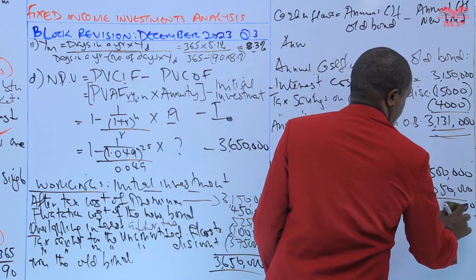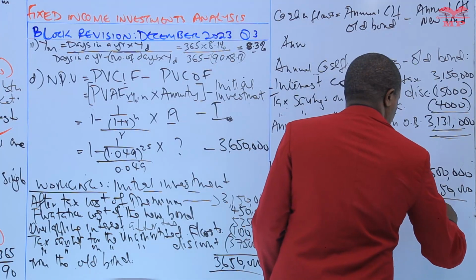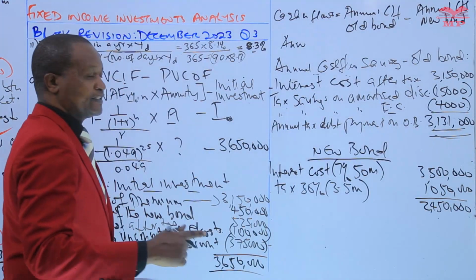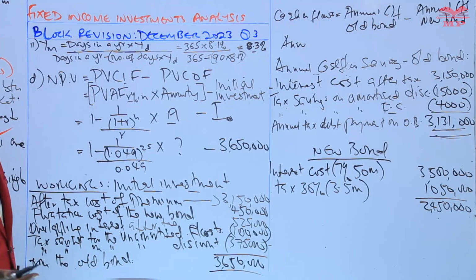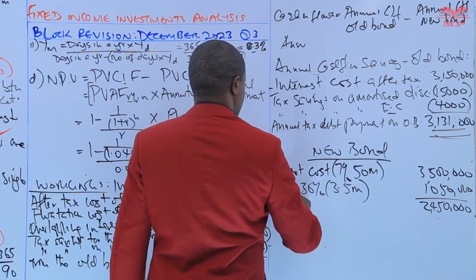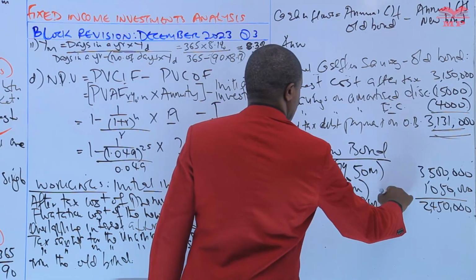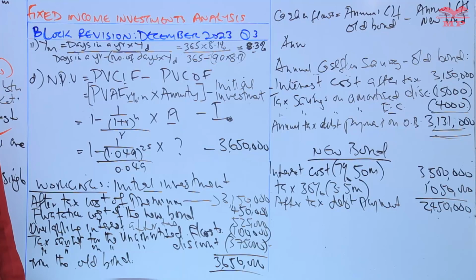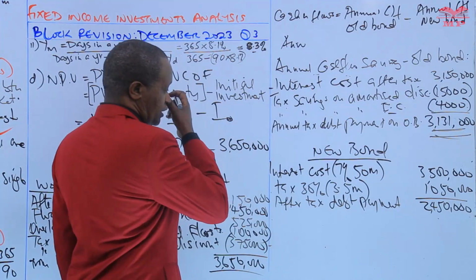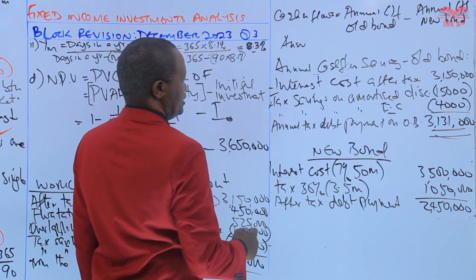To 24,450. That is after tax debt payment. Annual after tax debt payment is 2,450. Under the new bond, there is no discount, but we have the tax savings